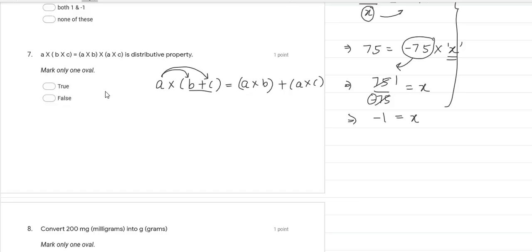So in this case we can say this given is false, because actually a into b into c is directly a into b into c only. Okay, in this case we don't use distributive property. We need to have a plus sign between b and c, then only we can use distributive property, because we are distributing a over b and c. Okay, in this case we are not distributing, we are just multiplying these three. Now